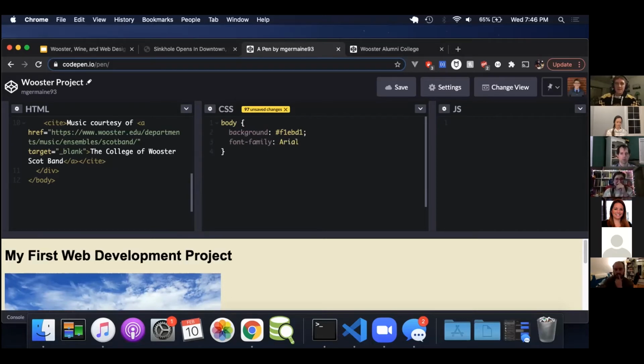And you can just do Arial, but if the browser doesn't recognize Arial for some reason, you can give it some alternative fonts, which I'll just do here. So if it doesn't recognize Arial, it'll do Helvetica. And if it doesn't recognize Helvetica, it'll just do a sans serif font. And that's just a good